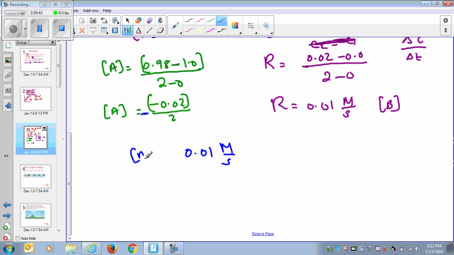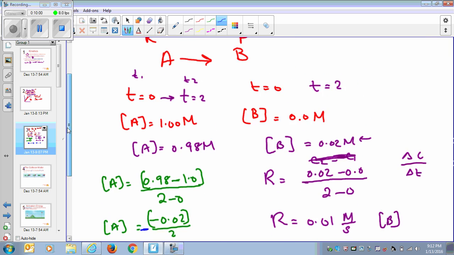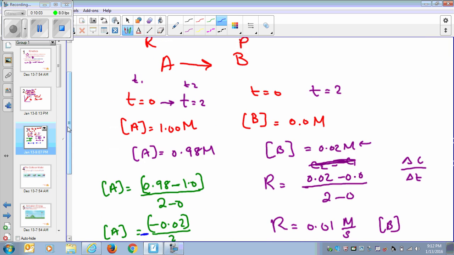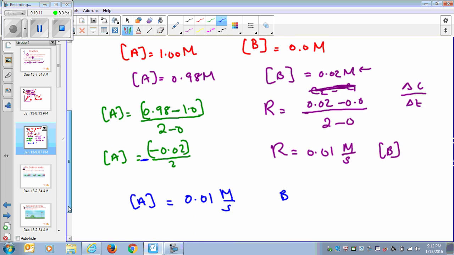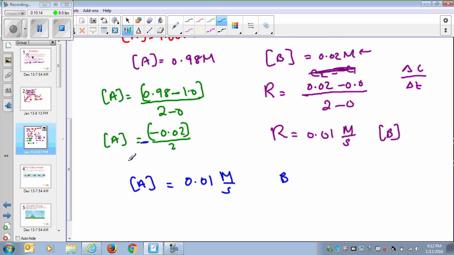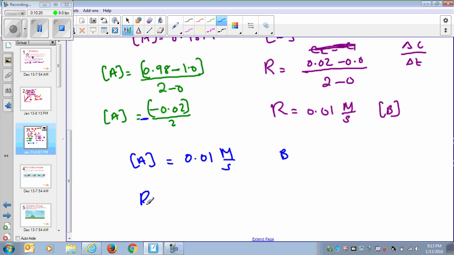So this is the rate at which A is disappearing, which is equal to the rate at which B is being formed. However you write it, moles per second or molarity per second, concentration per second. So this is how we calculate the rate of reaction. It has to be products minus reactants, and it has to be the final value minus the initial value, and both rates have to be equal, the same. And when we calculate the change in concentration of the reactants, it is going to be a negative number. So the rate of reaction is negative delta A